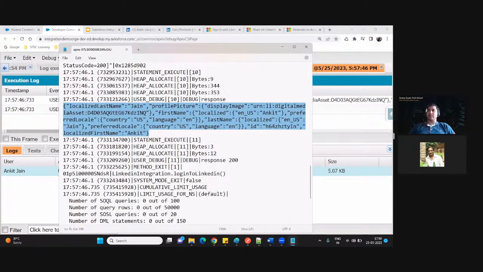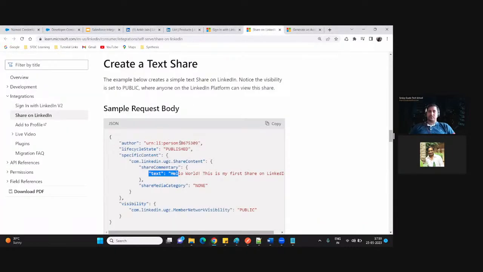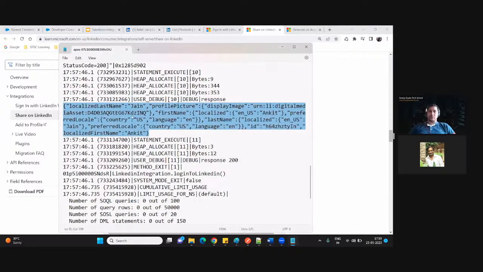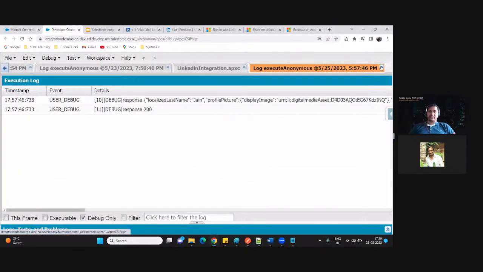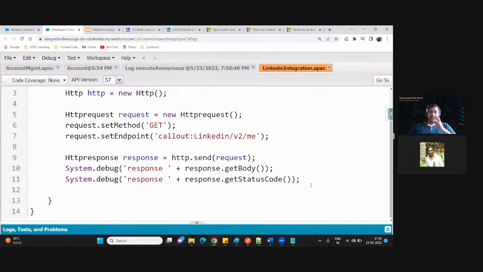This is a successful response that we are getting after we make the API call. Now, from this output, what we have to extract is this ID. Based on this ID, we have to perform the post operation, because this is where we have to append this ID, right? And this ID is available in the first output call. So we are getting this type of output. How can we deserialize this output? Again, we will use the same analogy that we used in our last session. That is, we will use the method called JSON.deserializeUntyped.